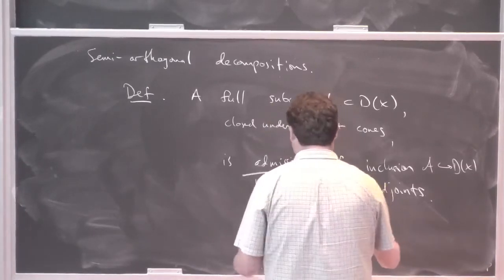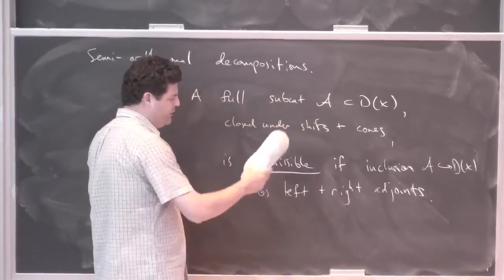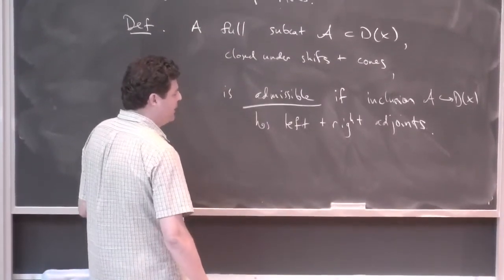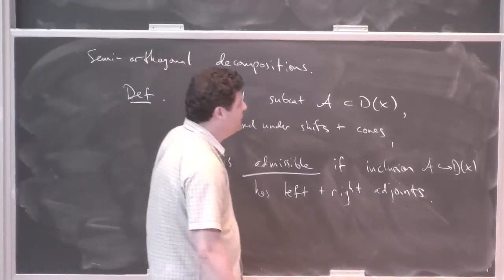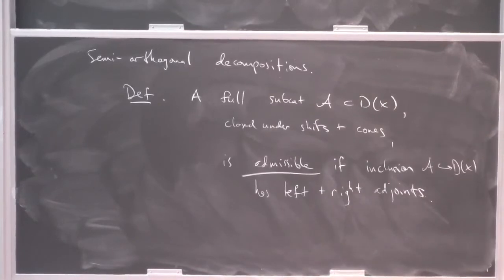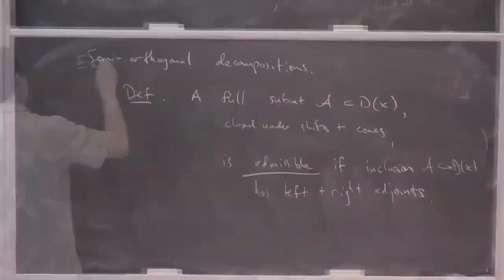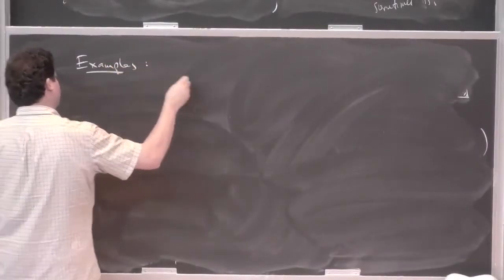And again, this is purely a thing about triangulated categories, so we don't have to be in D of X, but why not be? So let's have examples and non-examples. So examples. So the image